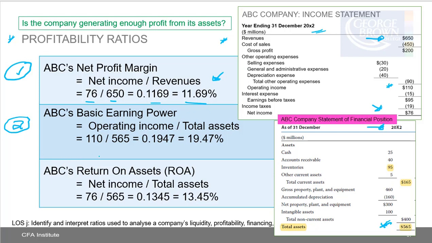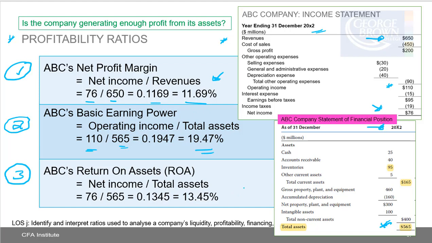So our operating income is 110 million. We're going to divide that by total assets, 565. It's 0.1947, so 19.47%. The third profitability ratio that we need to be familiar with is return on assets, ROA,